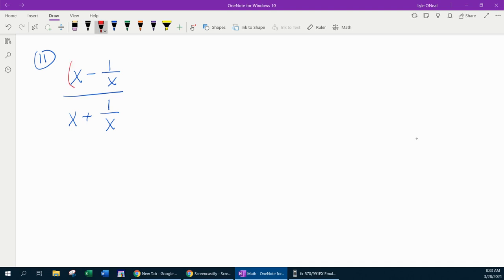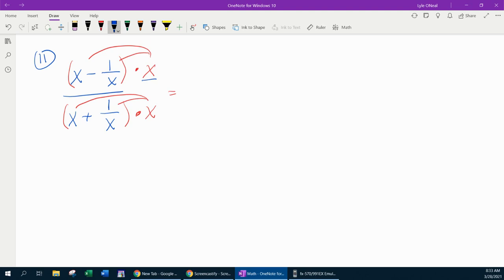What I want to do when there's more than one term is multiply top and bottom by the LCD of the fractions in the top and bottom. So here again, there's only two fractions. Their common denominator is x. So I want to multiply through by x using the distributive property, top and bottom, and that's going to give